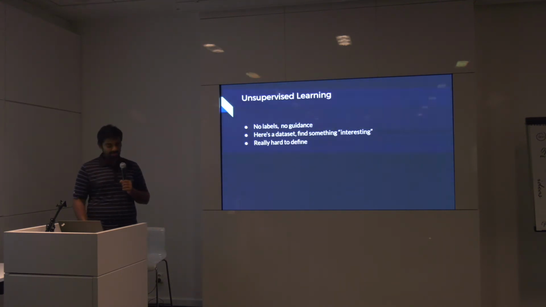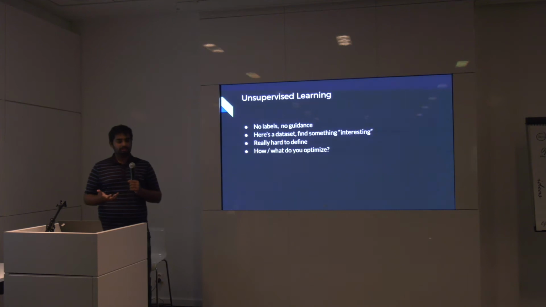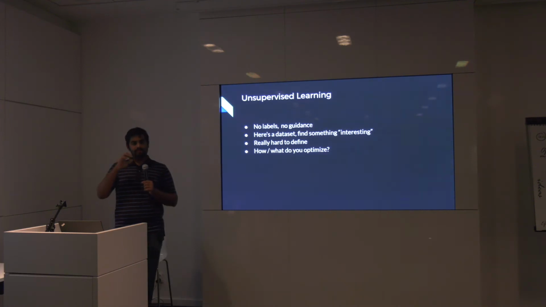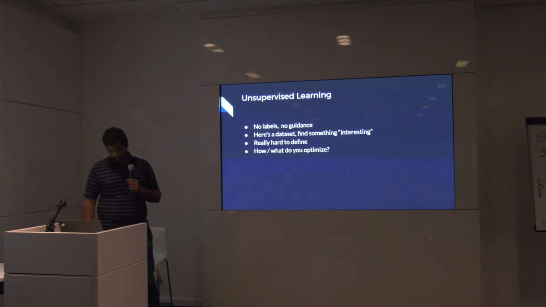Like I said, it's really hard to define, and it's more of, you can't have an objective, right? If there is no value that you want to maximize or minimize, then comes the question of how you are going to optimize for the problem. If you remember the definition, you had a performance metric for the task. In unsupervised learning, it's usually the case that you don't have a performance metric. So how can you say that your model is learning or not? That's a big confusion.